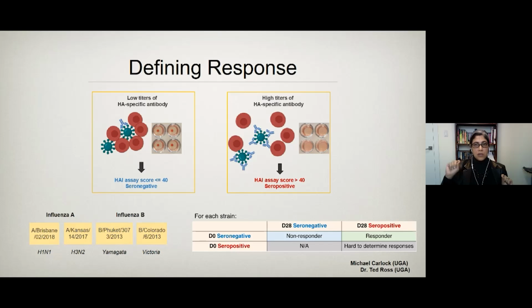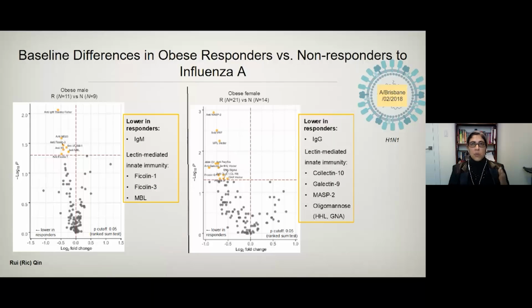And then if they were seronegative at day 28, they were considered a non-responder. If they were seropositive at day 28, they were considered a responder. Next slide, please. And so what we see is, if we look at the influenza A H1N1 strain, we see